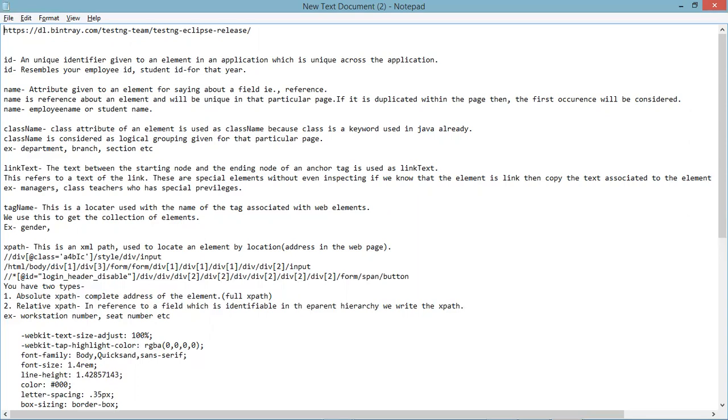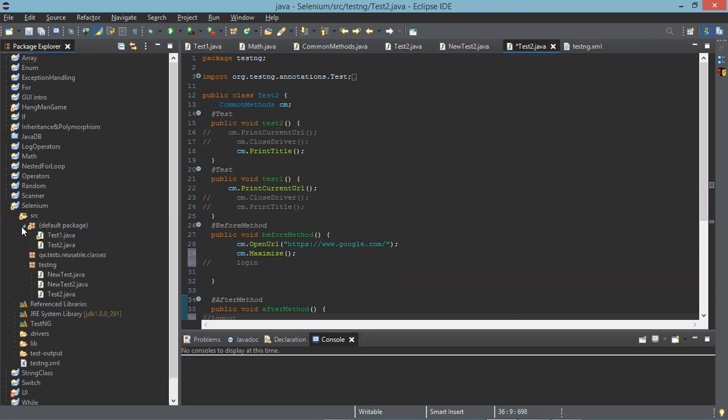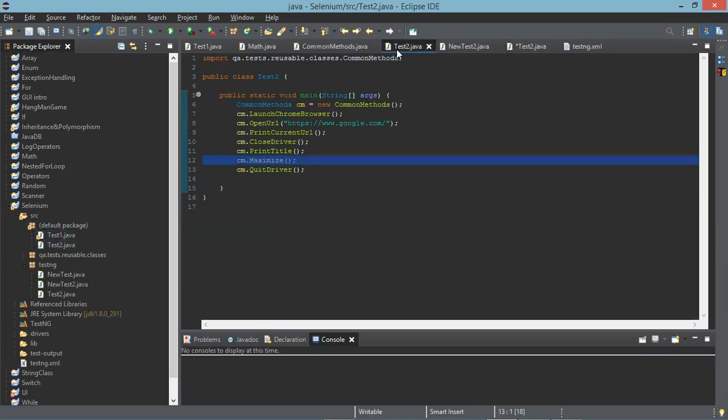Now go to your Eclipse. Open your Eclipse. Go to the class which we created earlier, in the default package. Not test2, the plain program, test1.